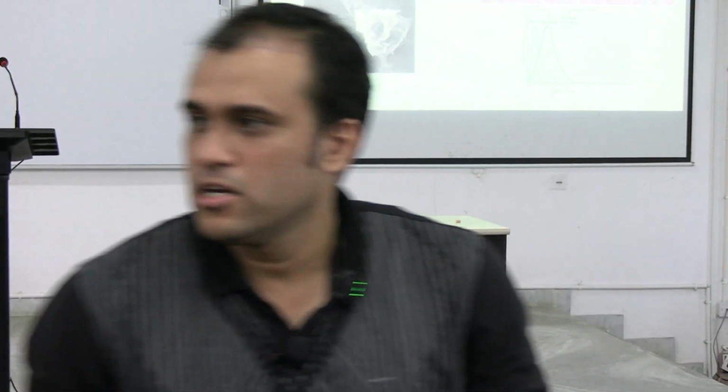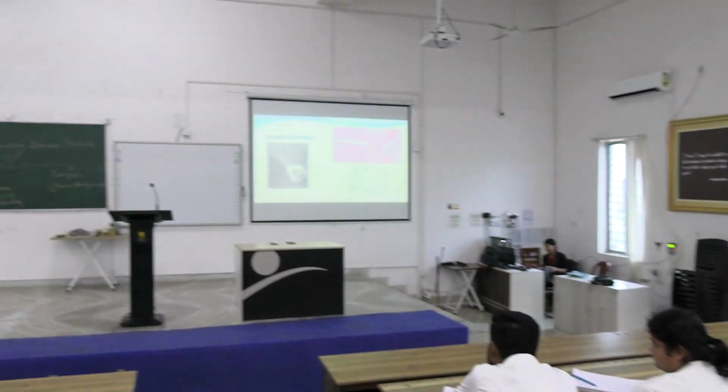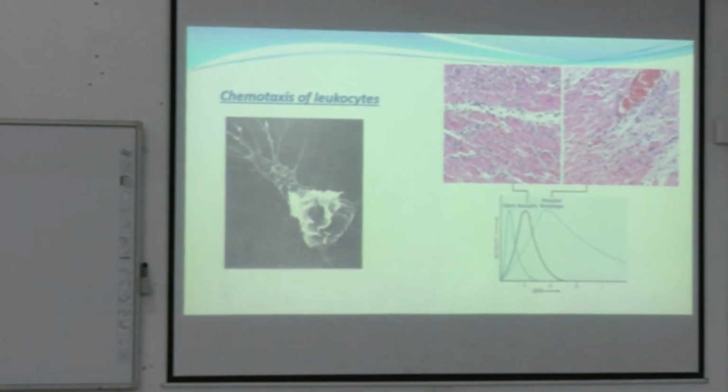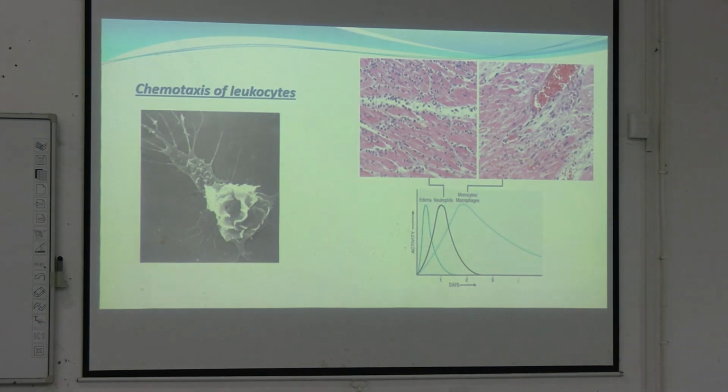So there are some interleukins which are chemotactic. Any cytokines which act as a chemotactic agent is known as a chemoattractant. One of the most important cytokines which act as a chemoattractant, known as chemokines, is interleukin 8. Interleukin 8 is secreted, and this interleukin 8 attracts the leukocytes. After the leukocyte has come out of the circulation and now